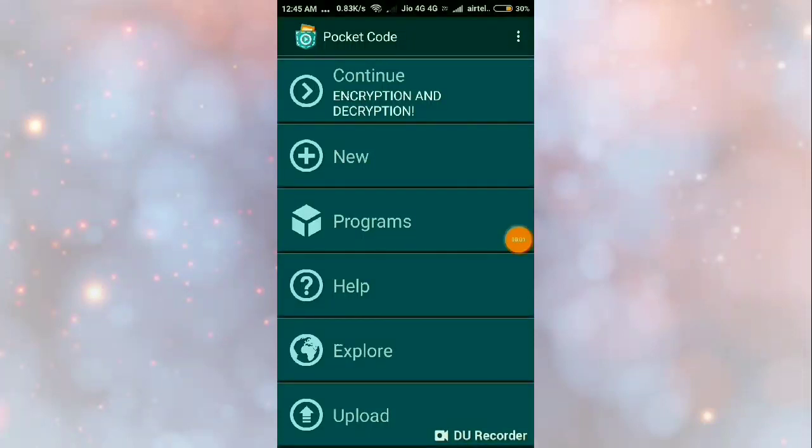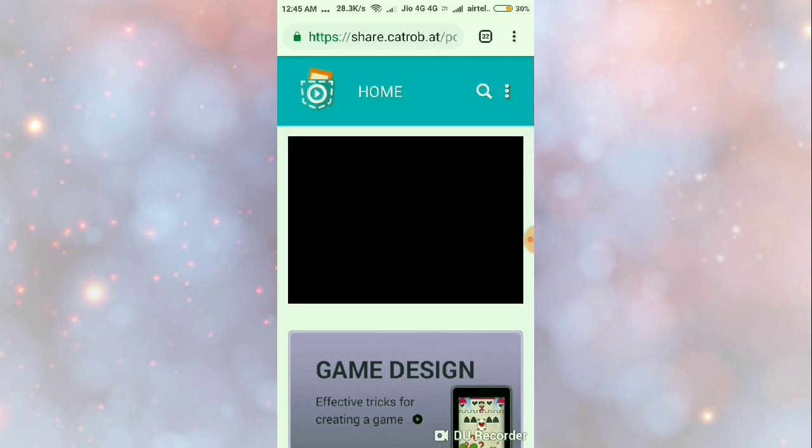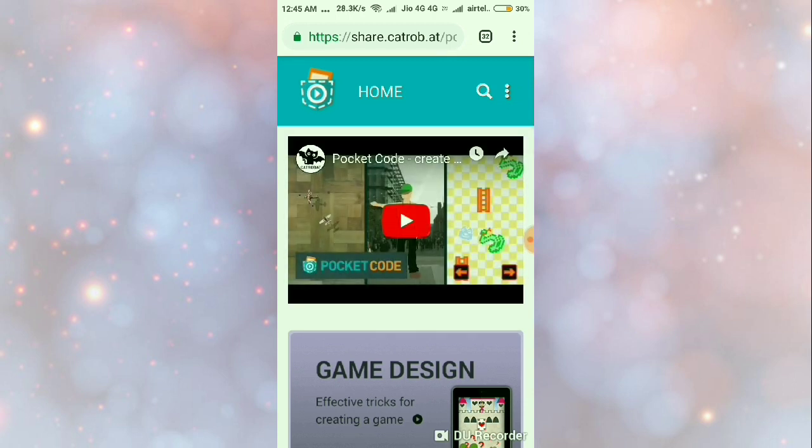Hello everyone. Today we'll be checking the functionality of the help function which is provided in Pocket Code. So for that I am in Pocket Code and I'll be clicking on the help button. As you can see, that's the fourth button. And once I click there, I'm directed towards this website of Pocket Code of the Catrobat to be exact, which